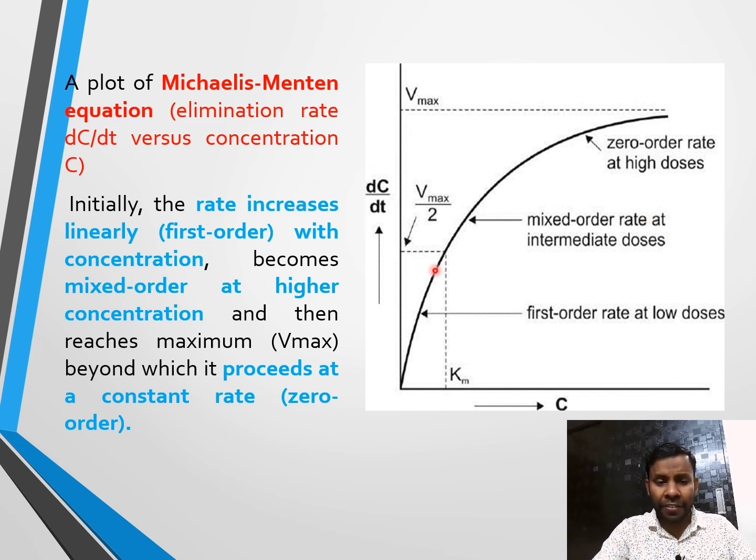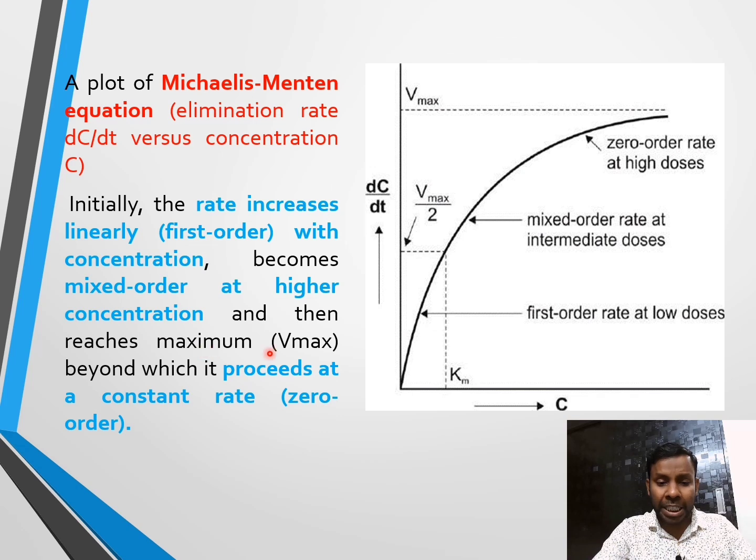So in this graph, initially the rate will increase, and it will follow first order with the concentration. When the concentration increases slowly, it will follow first order at low dose, and it will become mixed order at higher concentration. When the dose increases, it will start following mixed order kinetics, and then it will